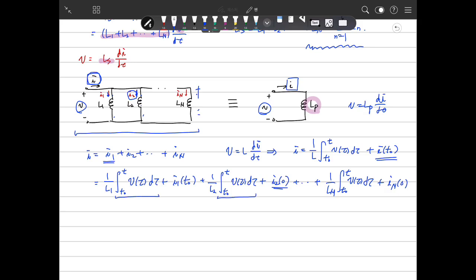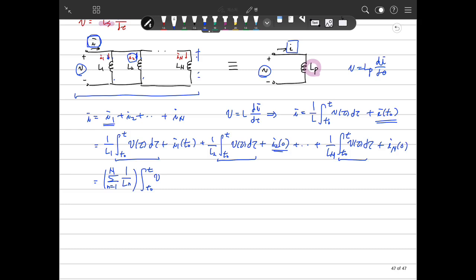Because this V is common to all equations, that will be the integral from t0 to t of V(tau) d tau plus